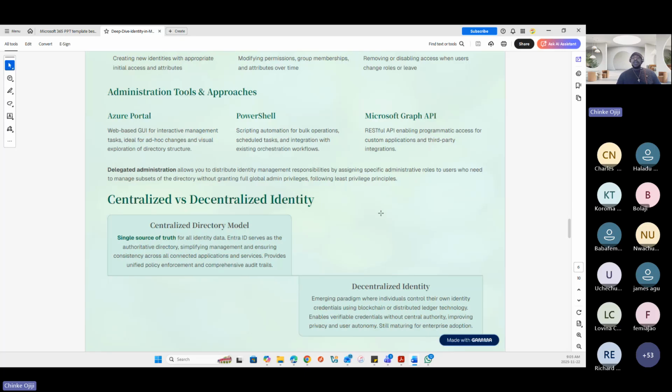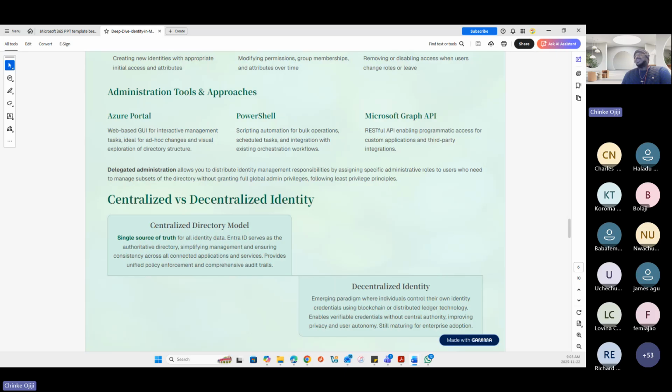Now, in terms of that, to explain it further, Entra ID is a centralized directory because you are managing everything from in there.